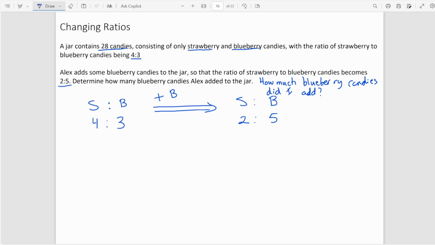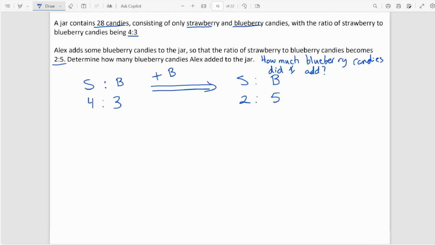All right. Now, the way we figure this out is as follows. You need to firstly find all the information you can before we added and then after we added. So firstly, before we added, I know that I have a total of 28